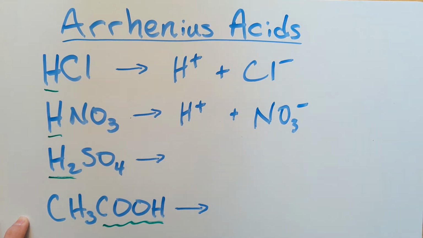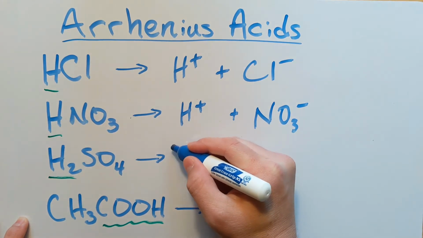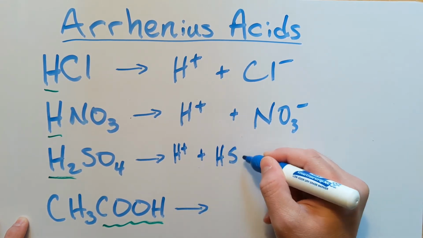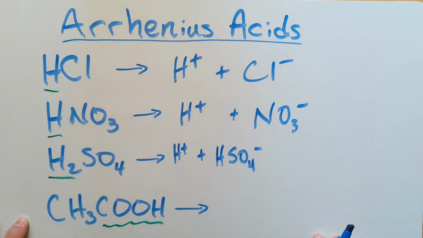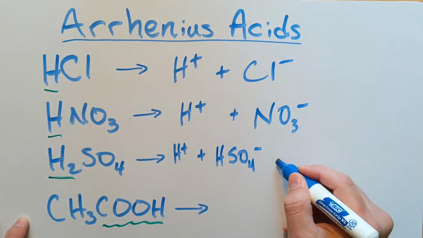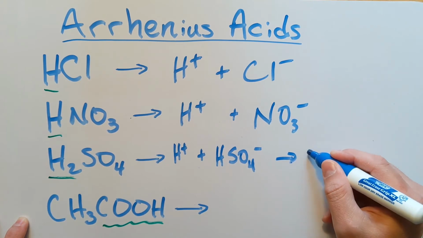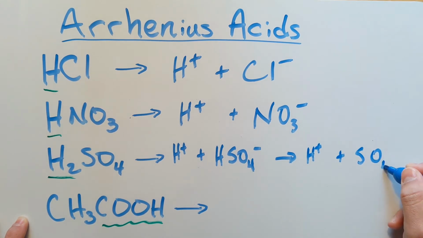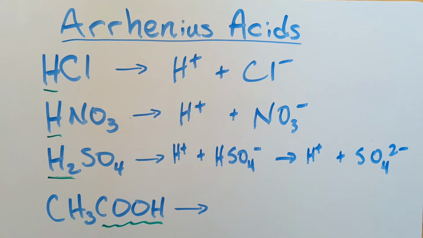The sulfuric acid is a little bit more complex. It has 2 hydrogens, and it's going to take 2 steps to get this done. But the net result is that we're still going to pull off 2 hydrogens. So the first one, we could pull off a hydrogen, but that would make HSO4 minus. And then that HSO4 minus is going to further lose another hydrogen to make the SO4 2 minus. The reality, this is a 2-step